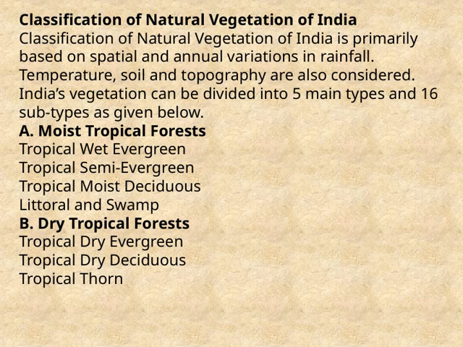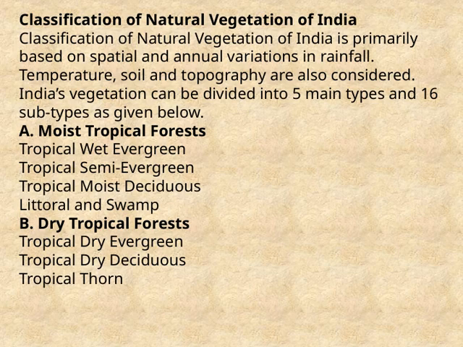Let's explore the classification of natural vegetation in India. This classification primarily depends on variations in rainfall across different regions, both in space and over the course of the year. But it's not just rainfall that matters. Temperature, soil type, and topography also play significant roles in determining what kind of vegetation thrives in a particular area. India's vegetation can be broadly divided into 5 main types, with 16 subtypes in total. These main types help us understand the diversity of plant life across the country and how it adapts to different